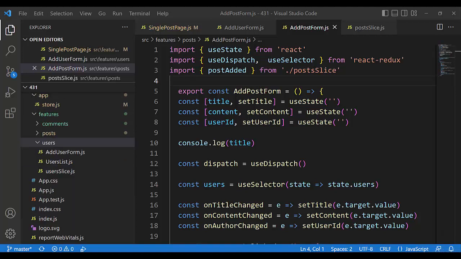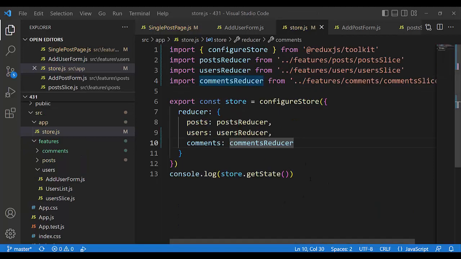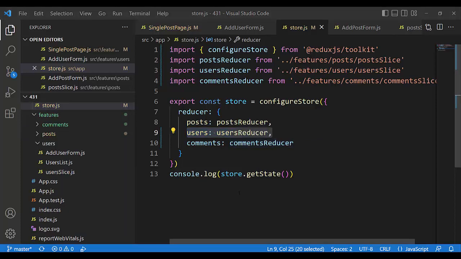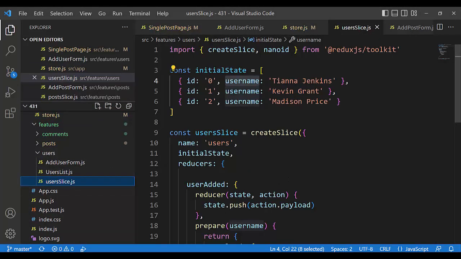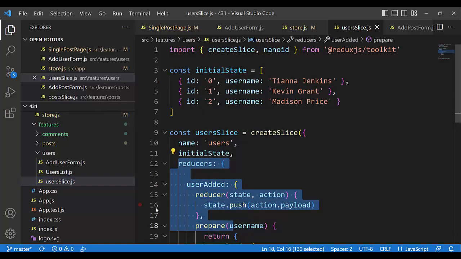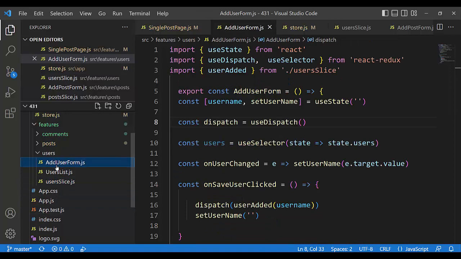Finished the feature users. Start from the top, from store. In store, we have a users reducer. It is enough. Now in folder users, we have usersSlice.js, but we didn't have anything in reducers, and created AddUserForm.js and UsersList.js. It is equal to